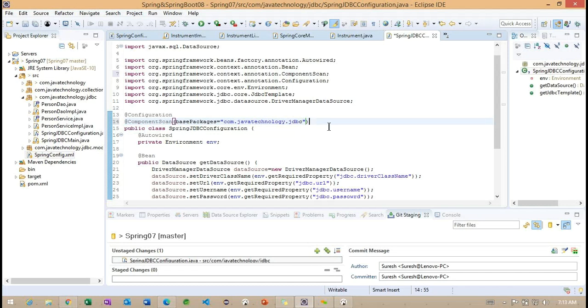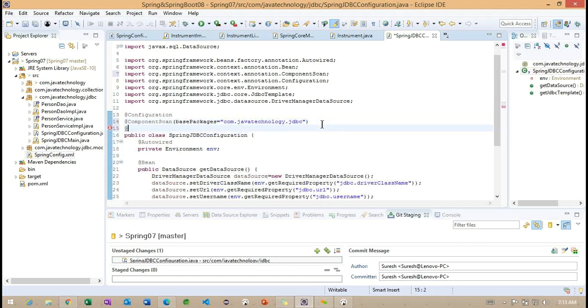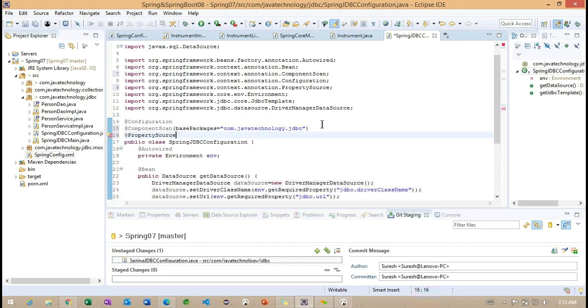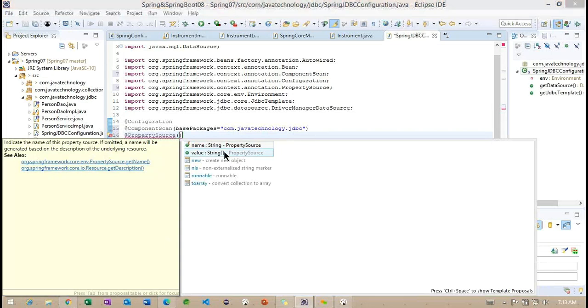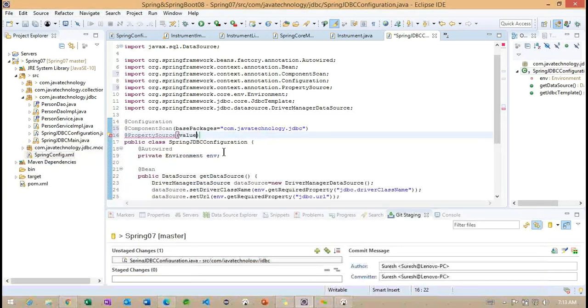Now I want to create one configuration, a property file. Let me add the property file here. To load the property, we have @PropertySource. We can use the value attribute to specify the property file path: application.properties.